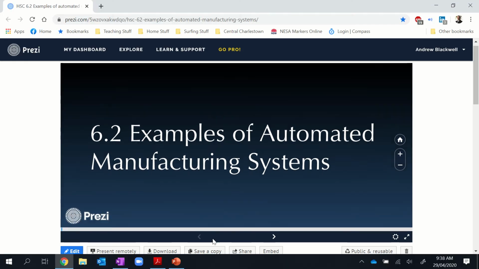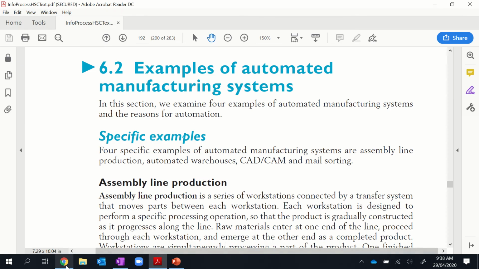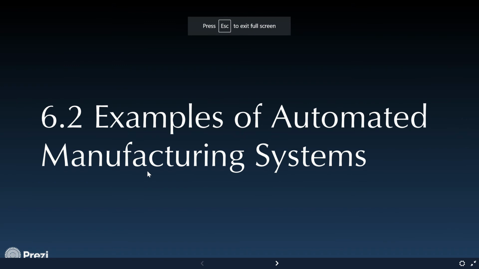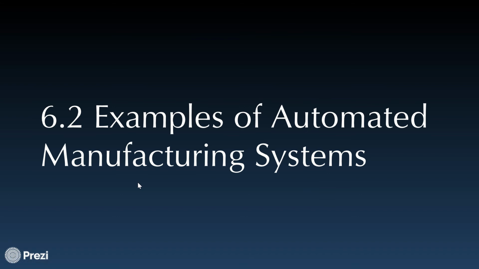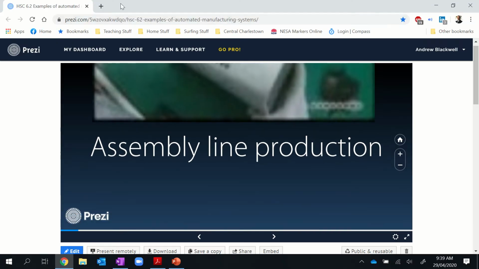Also, it would be wise to have your textbook open at the 6.2, which is what I'm talking about today. So let's get into it. So the topic is 6.2, examples of automated manufacturing systems. Now what that means is how manufacturing systems operate, and we need to make sure that we understand the different types of manufacturing systems that are automated. So the first one is, of course, assembly line production,